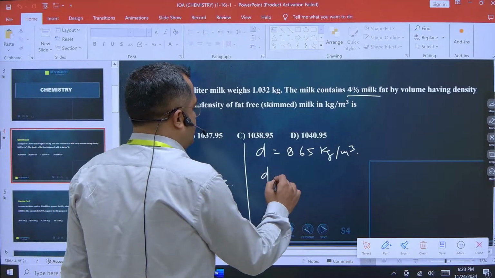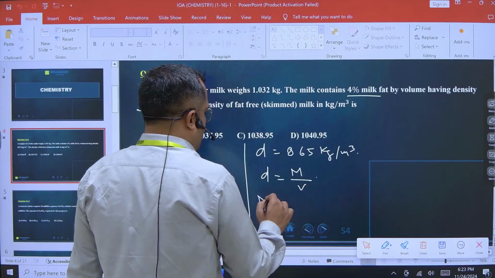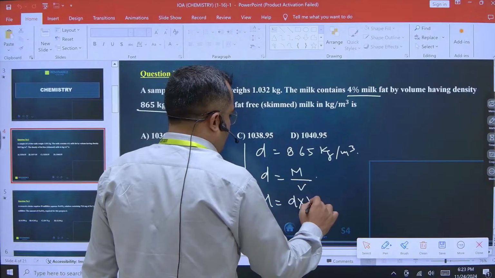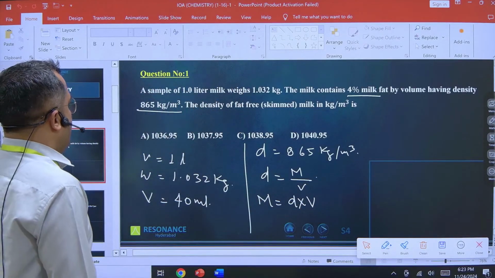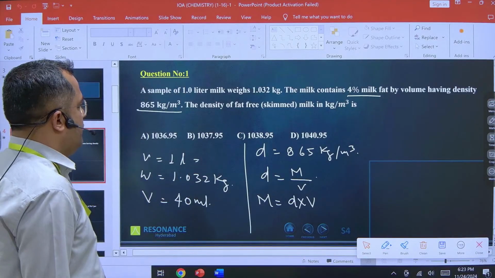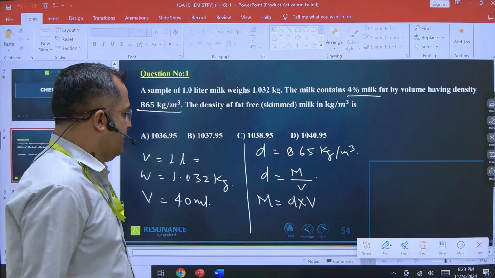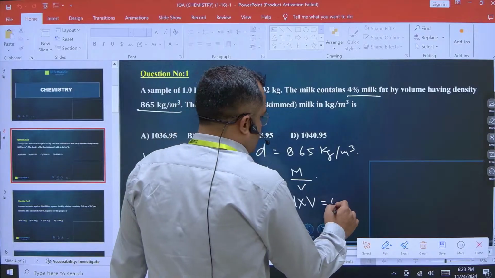We all know density is mass upon volume, so mass will be density into volume. Density is 865 kg per meter cube, and the volume we can convert into 40 times 10 to the power minus 6 meter cube. So from here we will get in kg